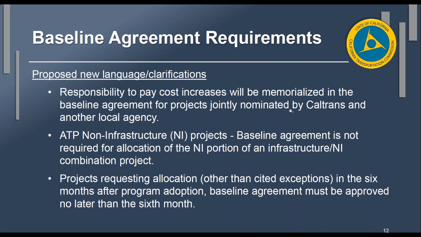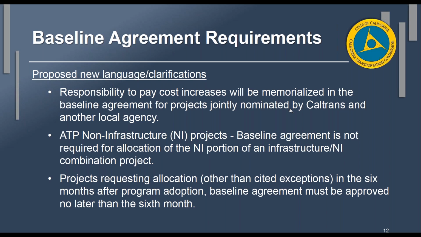We're also going to clarify that the ATP non-infrastructure projects, that the baseline is not required for the allocation of the NI portion for an infrastructure and non-infrastructure combination project. And then the third bullet is some generic language that I was trying to put in there that